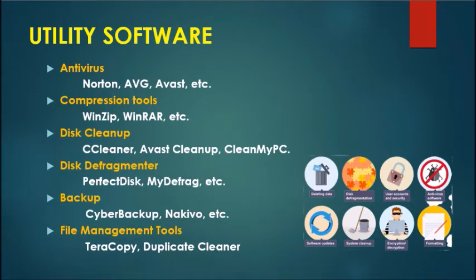The next type is disk fragmenter. Disk fragmenter is a disk management utility that increases file access speeds by rearranging fragmented files in contiguous locations. Large files are broken down into fragments and may be stored in non-contiguous locations if contiguous ones are not available. When such files are accessed by the user, access speed is slow due to fragmentation. The disk defragmenter utility scans the hard disk and tries to assemble file fragments so that they may be stored in contiguous locations.